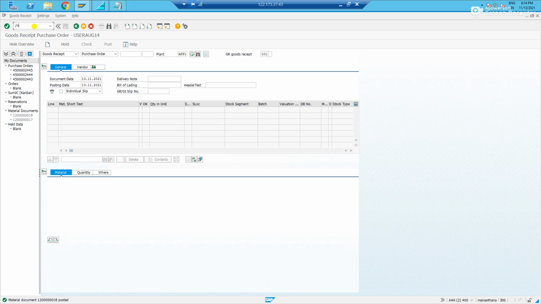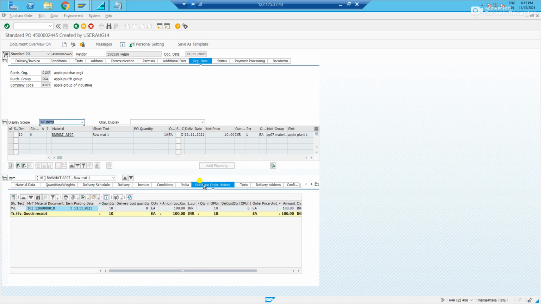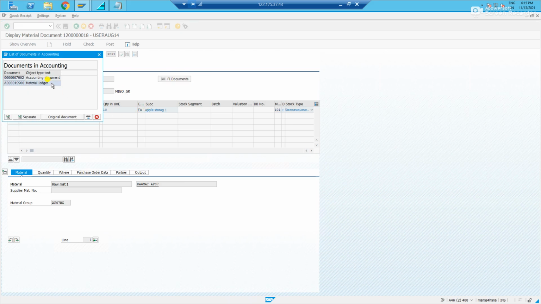Let us go to the purchase order, ME23N. I am in the right purchase order ending with 445. Let us go to the purchase order history tab here. In items, you see the material document got posted, and let us validate the accounting entry for this. Document information, FI documents, click on accounting document.